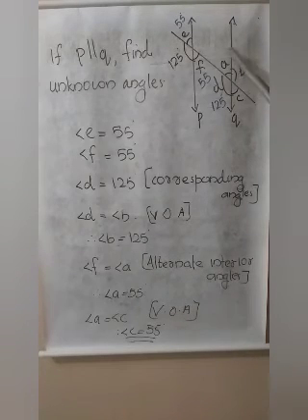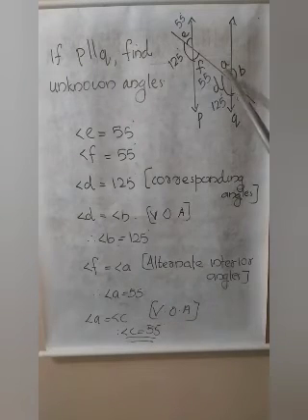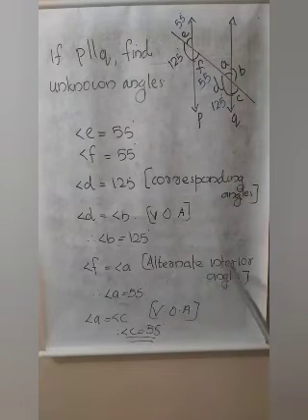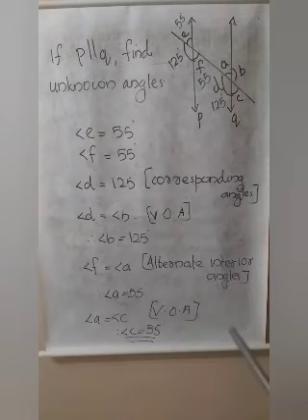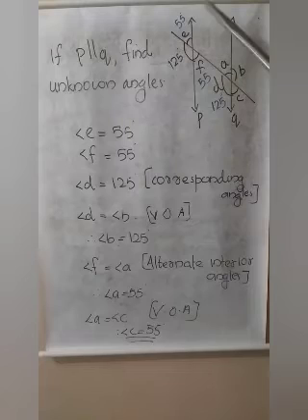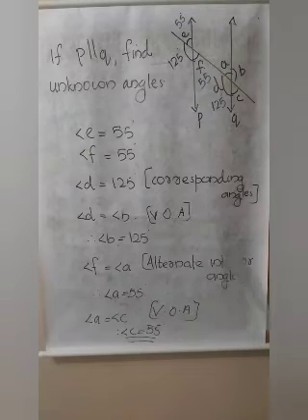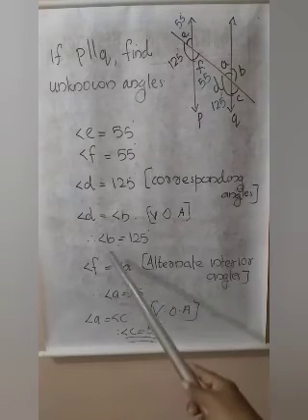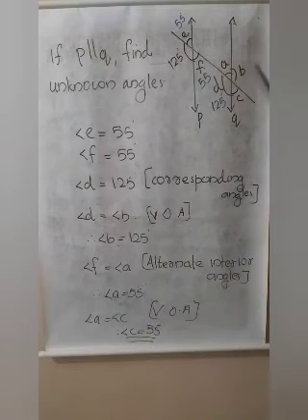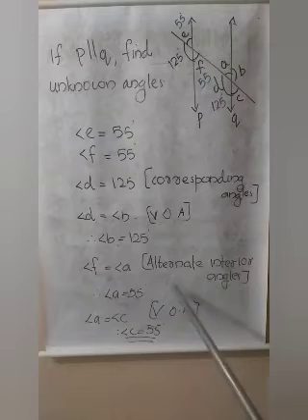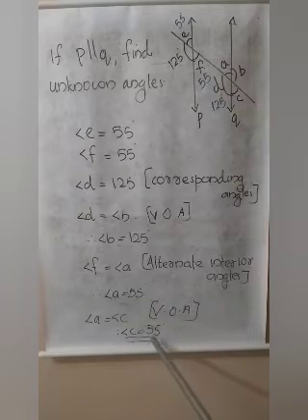Next we want to find angle A. So what is angle A? Angle A and angle F are equal. What is the reason? Alternate interior angles. Or if you go for corresponding angles, then also it is correct. Angle A and angle E are another pair of corresponding angles, isn't it? So what is the value of E? 55. From that also you can find angle A equal to 55. Now you got angle A as 55, and A and C are again vertically opposite angles. So the value of angle C is 55 degrees.